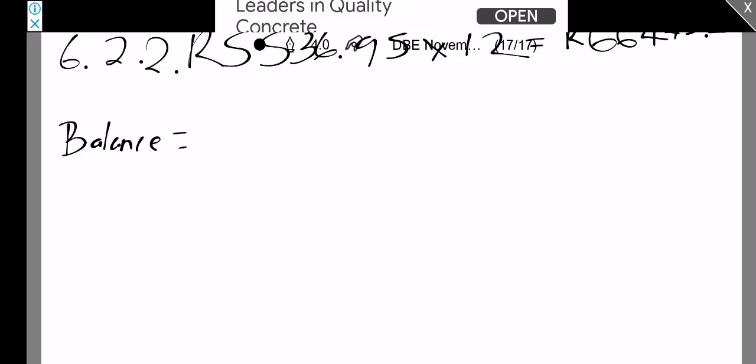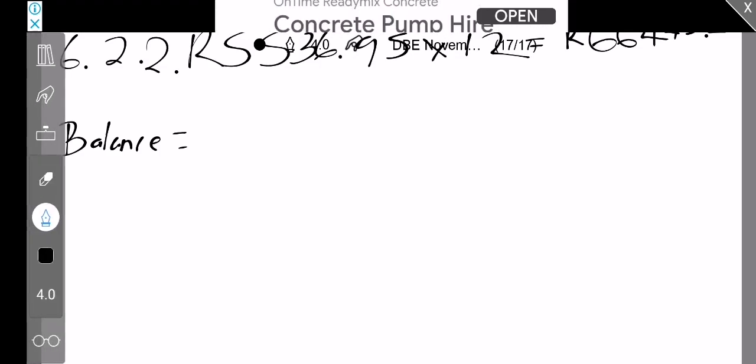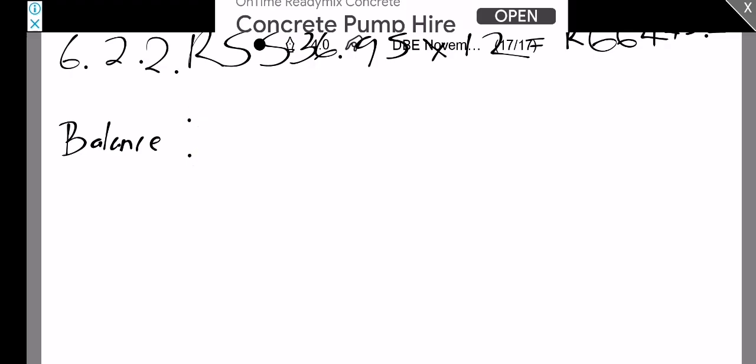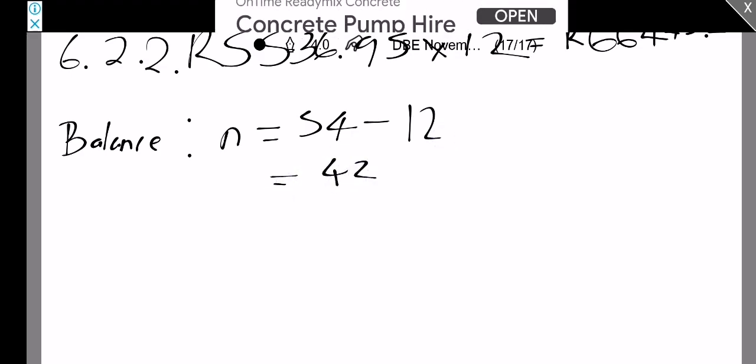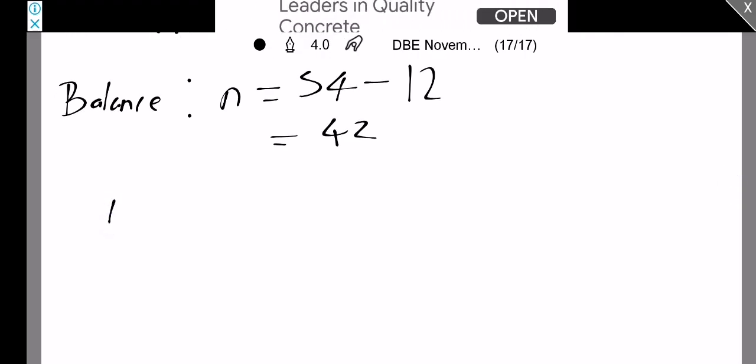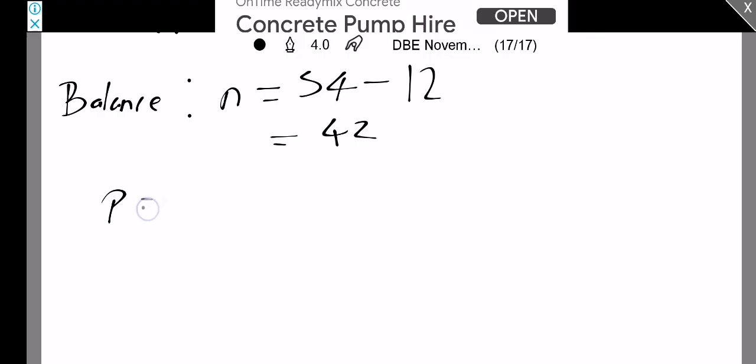With the balance, we've got to determine the number of payments left. n is going to be the total number of payments, which is 54, minus 12 payments. It gives us 42. Now we use the present value annuity formula. We already know x, the monthly installment, is